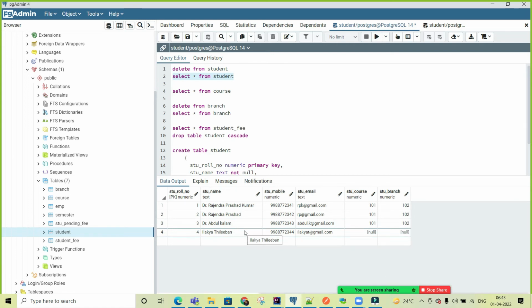Yeah, but student course and branch are null. I think we need to remove, or let me check. There is a not null constraint, and how can we handle that? The value already exists over there, but whenever I am updating, it is asking. It should not be like that. I'll look into that.